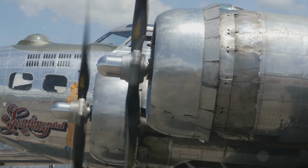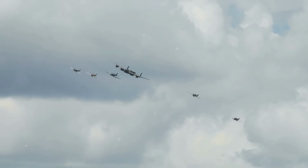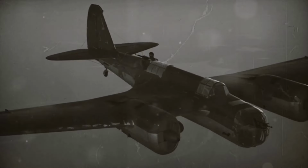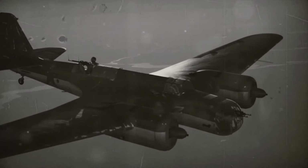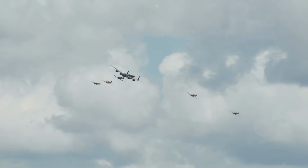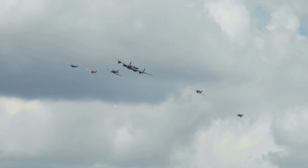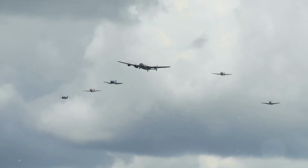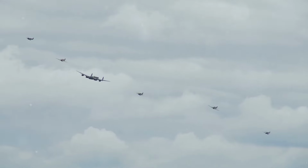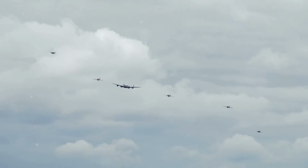deep into enemy territory. The Lancaster's prowess was on full display during the Battle of Berlin and the famous Dambusters raid. In the Battle of Berlin, the Lancaster's superior payload capacity allowed it to deliver a devastating blow to the German capital. Then, in the Dambusters raid, its precision bombing capabilities were instrumental in destroying key German dams, causing significant infrastructure damage. The Lancaster, a symbol of British air power, was a key player in the strategic bombing campaign against